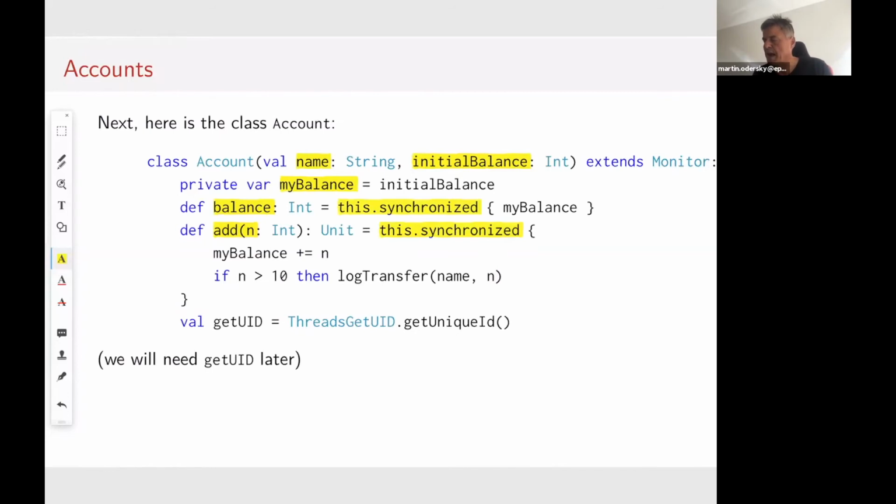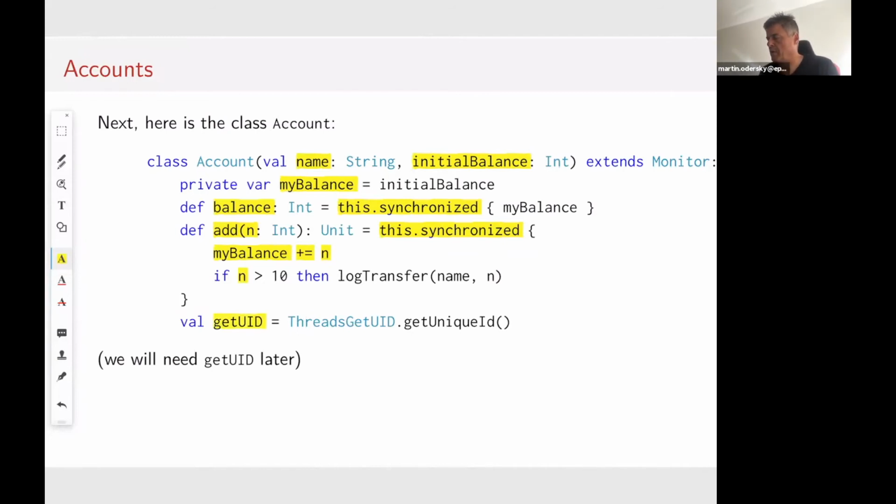Well, for the add operation, it's clearer. You see here there's this operation that we saw with getUID is tricky because it's really multiple operations. It's a read followed by an add followed by a write, and of course if you get the unique IDs wrong, if this is not in a synchronized, then here analogously you would get the bank account balance wrong, and that's at least as bad as getting your unique IDs wrong. So you have to put these things in a synchronized. Okay, and then we say for transfers of more than 10, we do a log. And then we also have a getUID. We'll need that later.